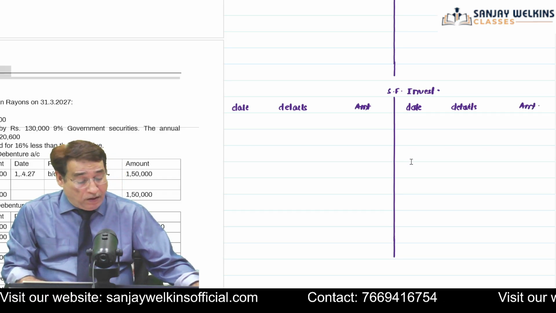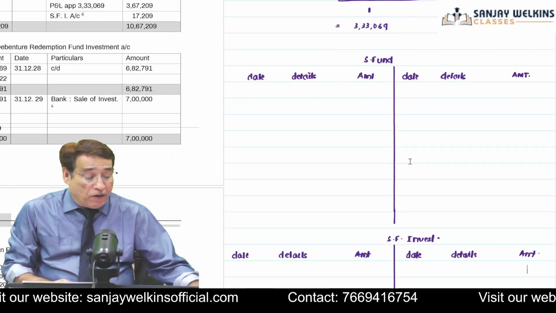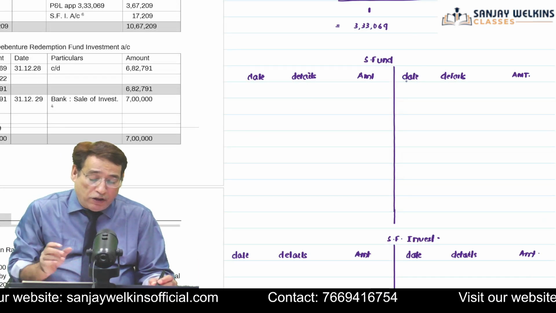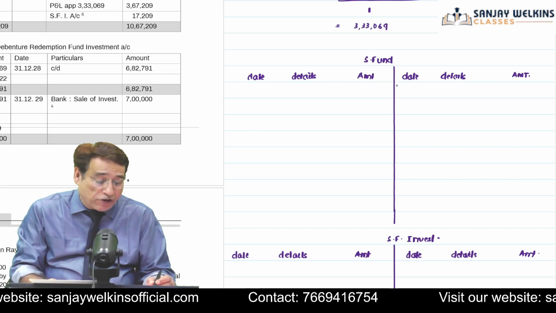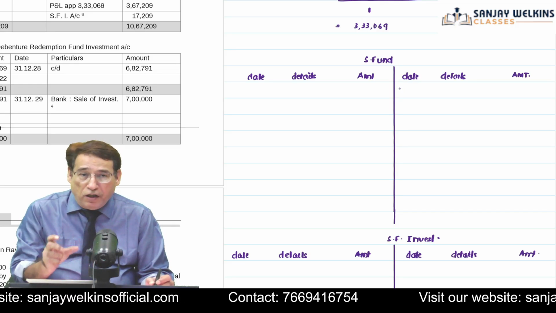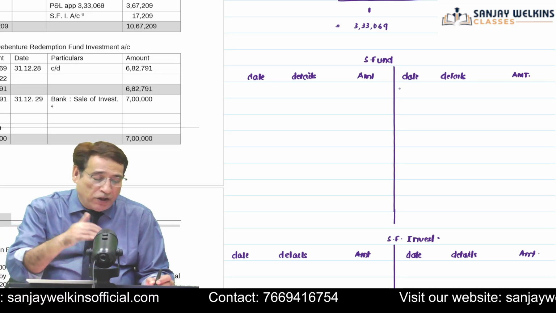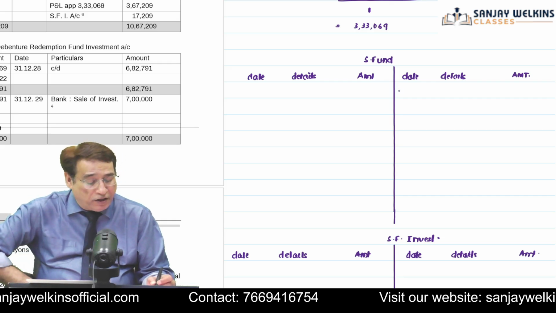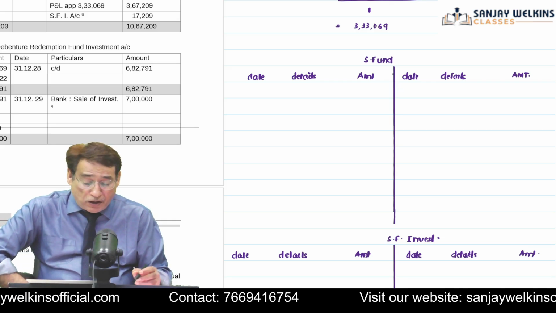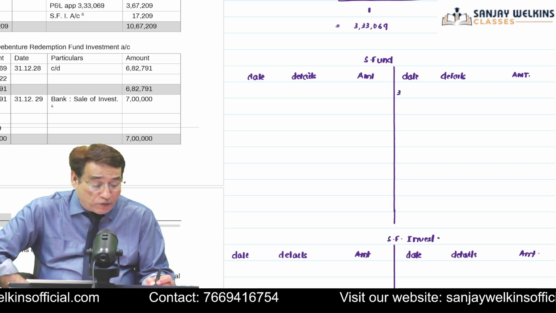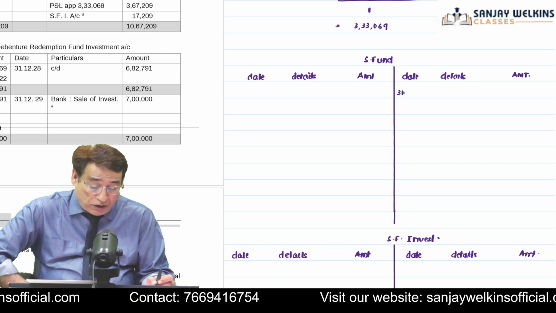Correct? So now, you have to think logically. I've already told you what you are supposed to do under such questions. So first of all, you need to immediately come to the credit side of the sinking fund account at the end of the first year. Now, in this particular case, our first year will come to an end on 31st of 12/2000.